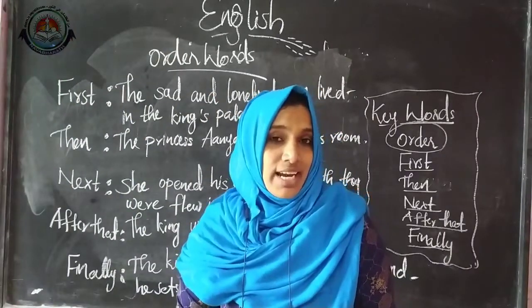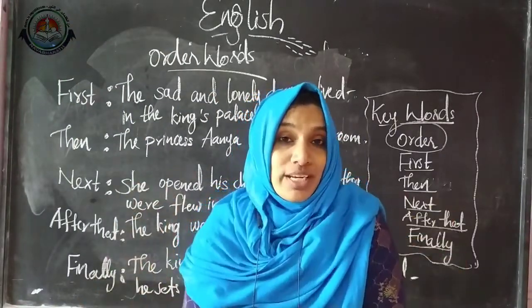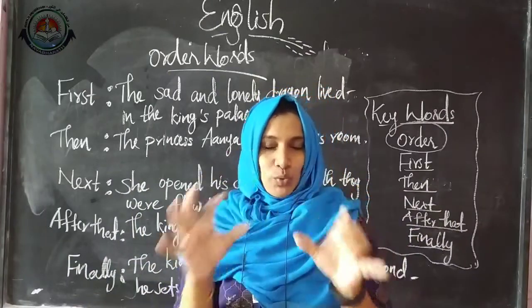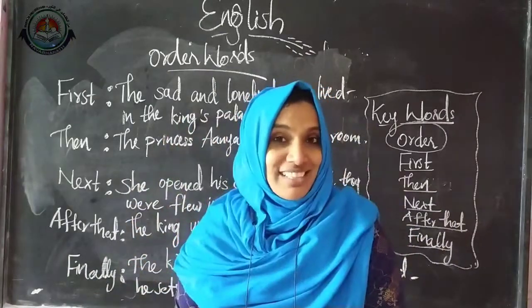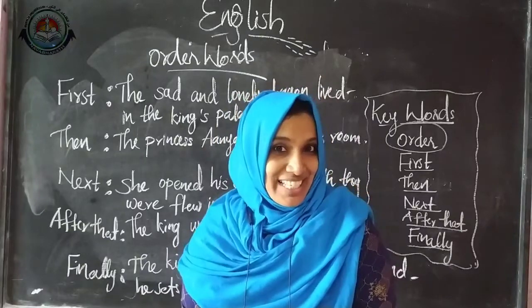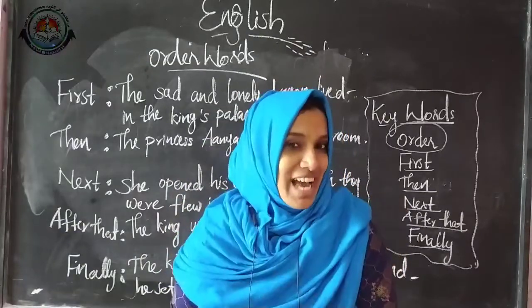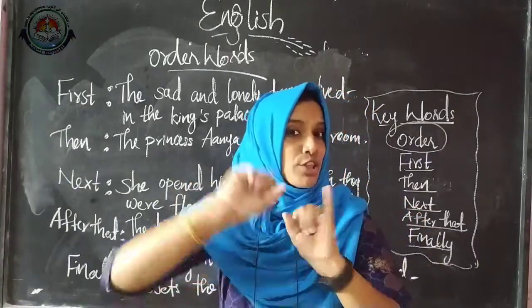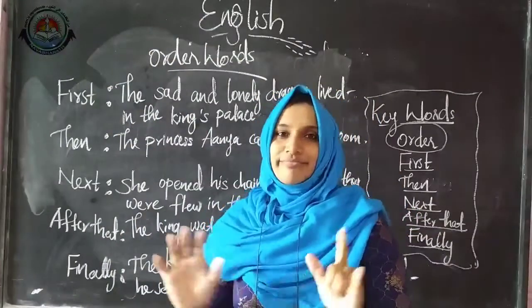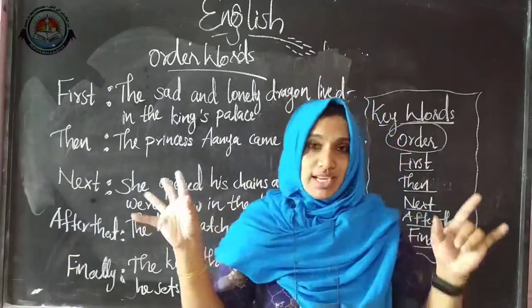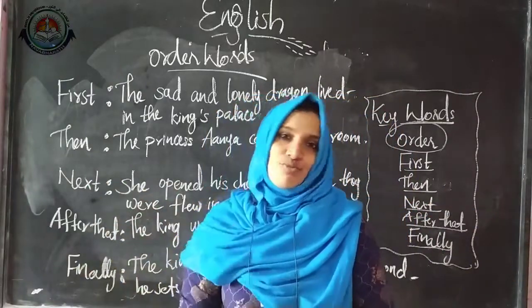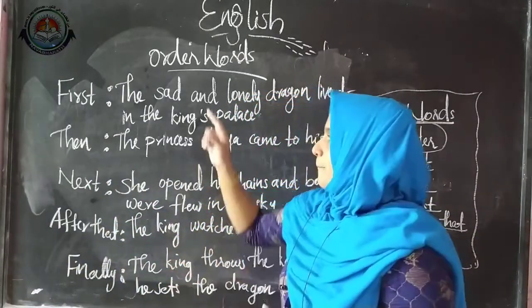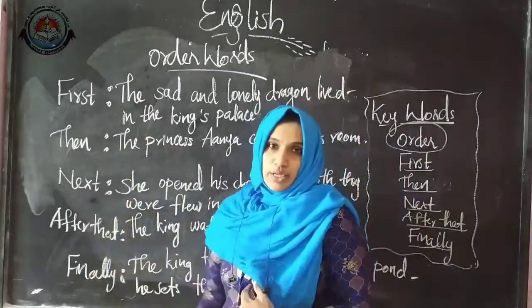He is thinking, oh, now my daughter is very happy. I always wanted to see her like this. So what did he do? Yes, for seeing Anya's happiness, the king throws the keys into the pond and he sets the dragon free. He freed the dragon. So this is how, by using these order words,